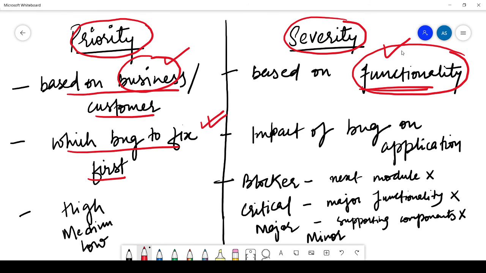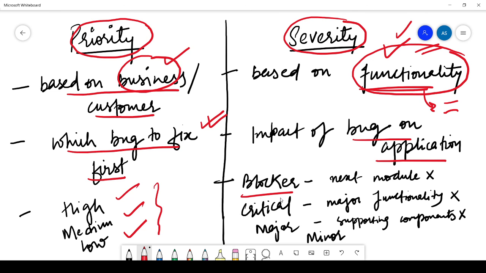मेजर या माइनर को इम्पैक्ट कर रहा है, क्योंकि अगर वो किसी मेजर फंक्शनैलिटी को इम्पैक्ट करेगा तो उसको रिजॉल्व किए बिना हम आगे मूव कर ही नहीं पाएंगे, ऐसा भी होता है। और अगर किसी माइनर को इम्पैक्ट कर रहा है तो शायद ऐसा हो कि इस साइकिल के लिए हमने उसे छोड़ दिया लेकिन नेक्स्ट साइकिल में हम उसे कर सकते हैं, तो ये फंक्शनैलिटी के बेसिस पे होता है, इम्पैक्ट ऑफ बग ऑन द एप्लीकेशन। ओके, सो प्रायोरिटी हाई, मीडियम एंड लो, ये 3 तरह की होती है।